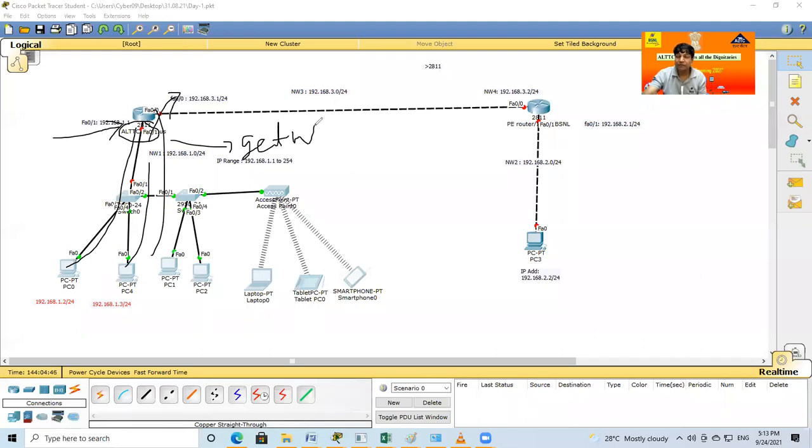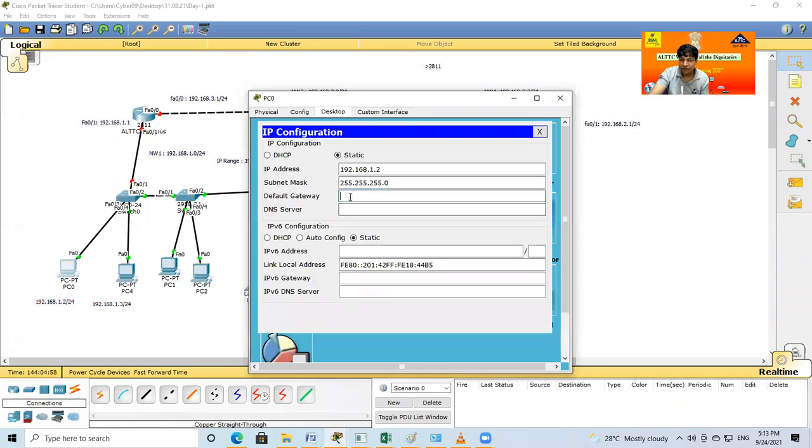The gateway is nothing but an exit or entry location. So for my campus, this point is the gateway. In the computer, I click here, and the gateway line is also mentioned. Otherwise all computers are confused about which location to go outside through.